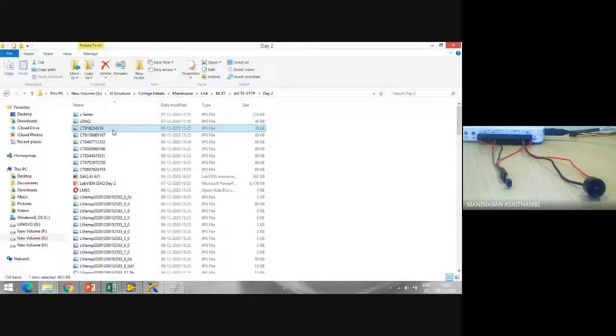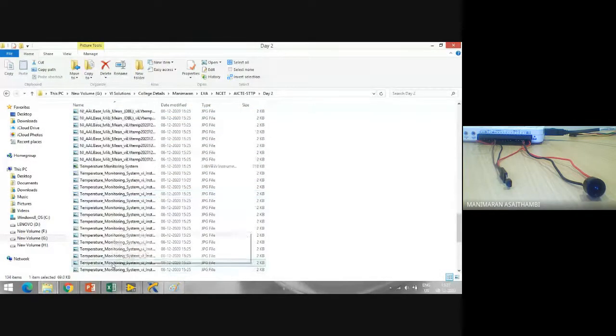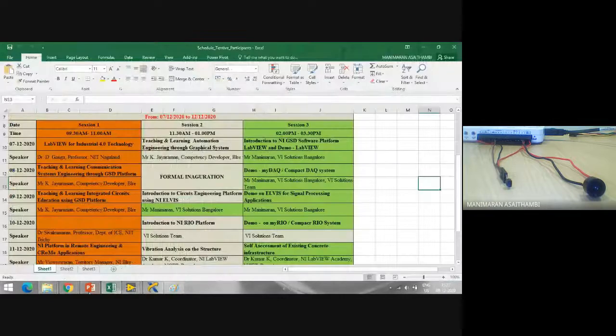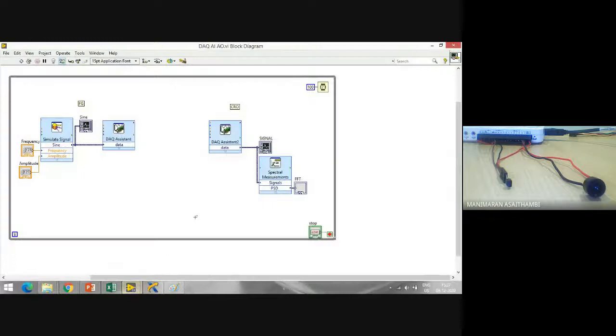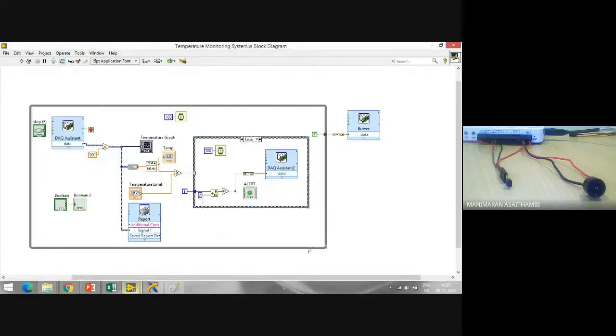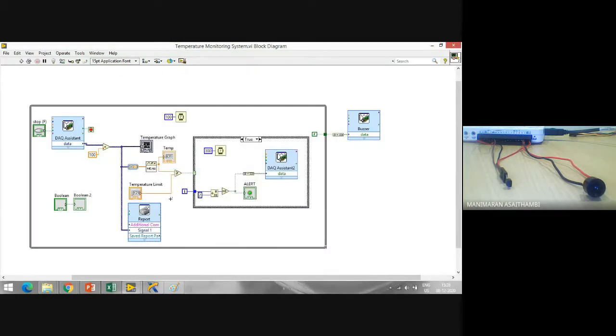Very first it started, so this is the image there. Every second, whatever you carry, you will have that information here. And the same data, if you want to store into any Excel file, we can do the same over here. Within the same report, you can change it to an Excel workbook. Instead of HTML, it will be saved as an Excel workbook, so you will get all the data in the form of temperature.